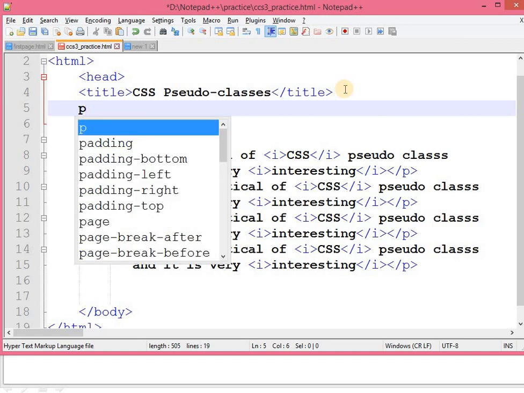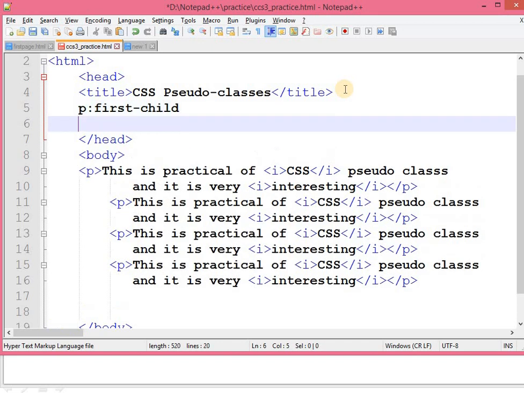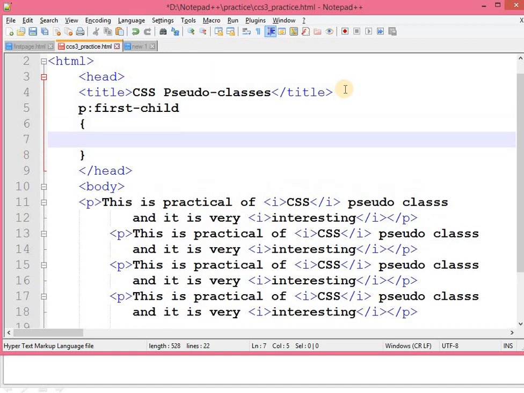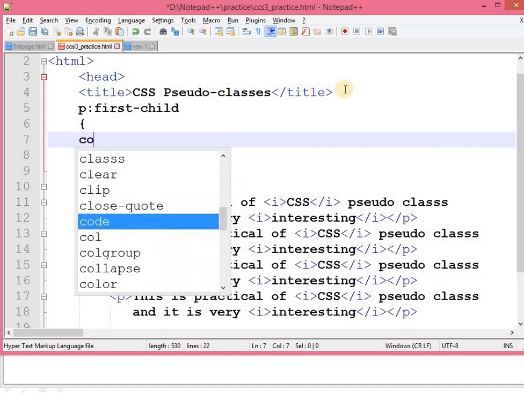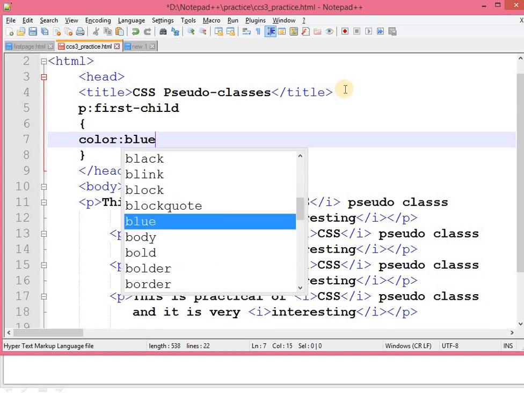P, this is our selector. After that, colon. Okay, and after that there should come the class name. So over here the class name is first child. Okay, this is my class name, and for that particular class I want to make its color, let's say blue.